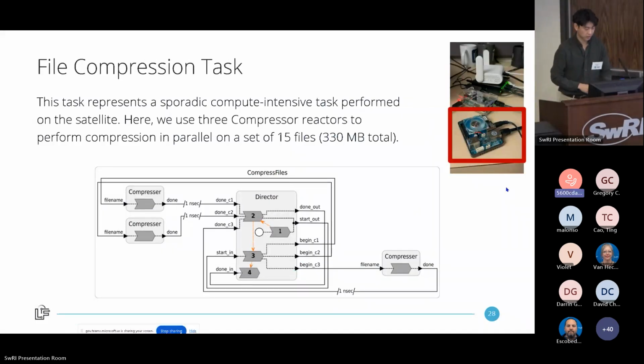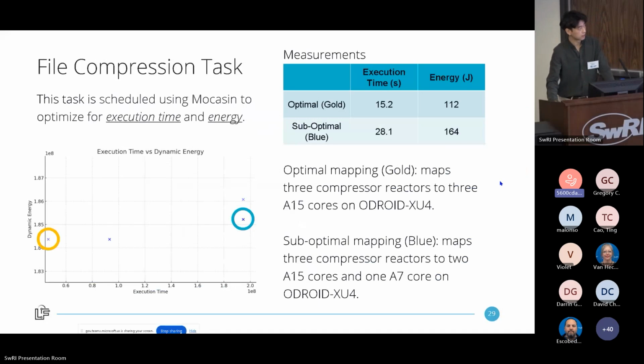Okay, so let me quickly talk about the file compression task. This task essentially represents a sporadic compute-heavy task performed on the satellite. Here we have 3 compressor reactors to perform compression in parallel on a set of 15 files, which amount to 330 megabytes in total. And because I mentioned that this program is statically scheduled, running on a virtual machine,